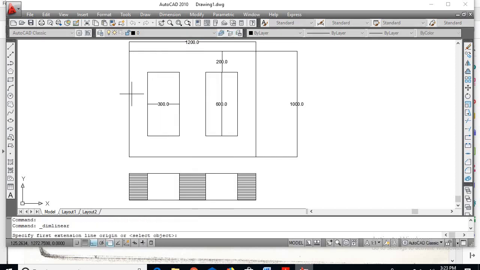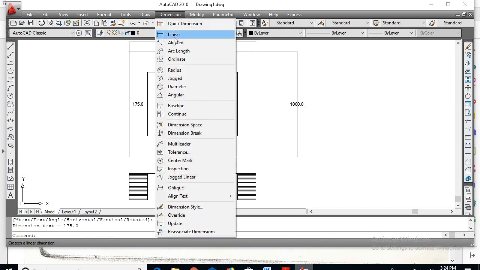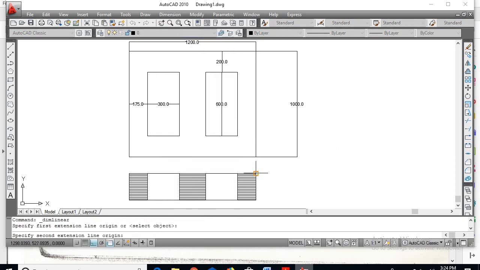Next, the outer leg dimension is 175. Next, this is the depth of the transformer, which is 250 mm.